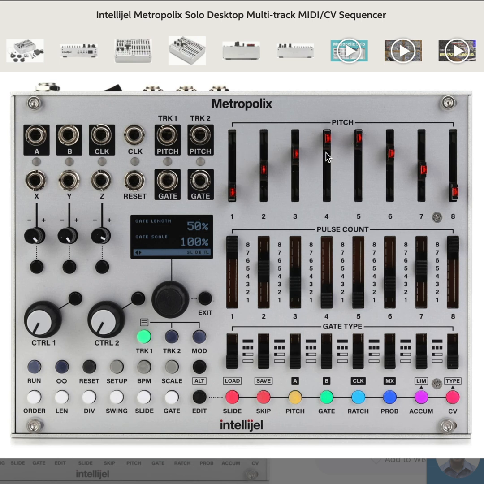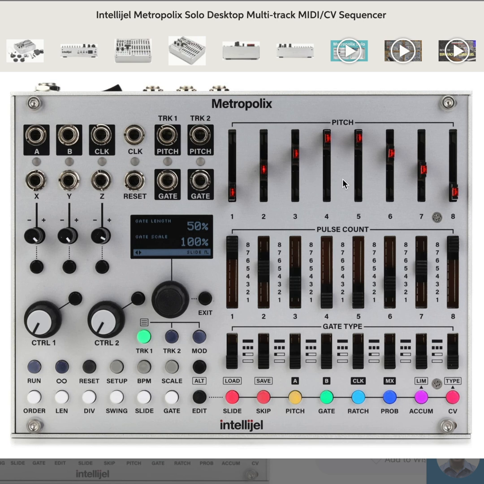Basically, the way that this is set up is there are two channels of pitch and gate out. And you can have it so that both channels are going through the same sequence of pitches. You set the pitches using these sliders here up at the top. And then basically it will run through these in order. There are ways you can change the order. You can have it go backwards. You can have it ping pong between the ends so that you can have sequences that are more than just